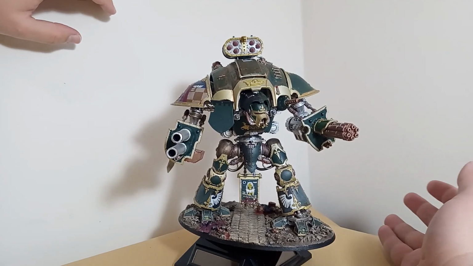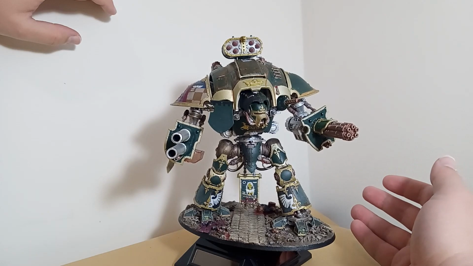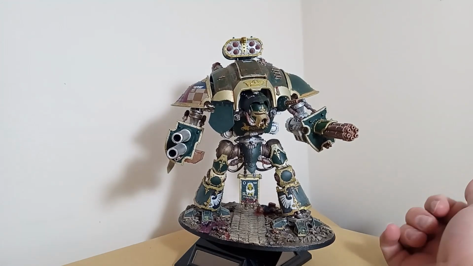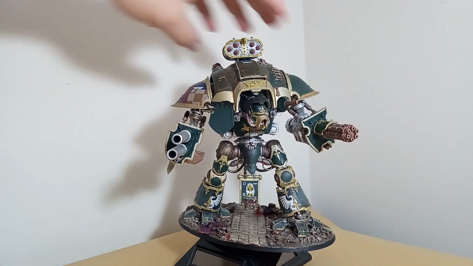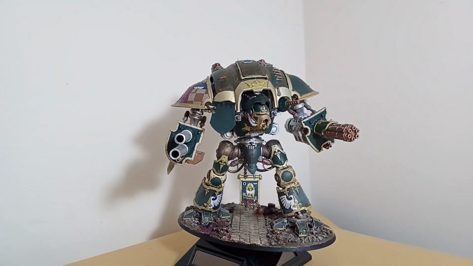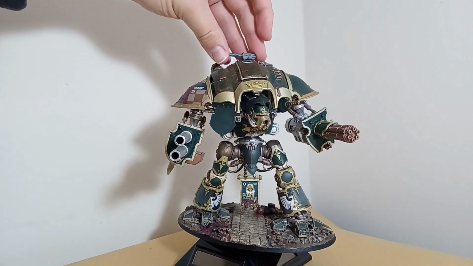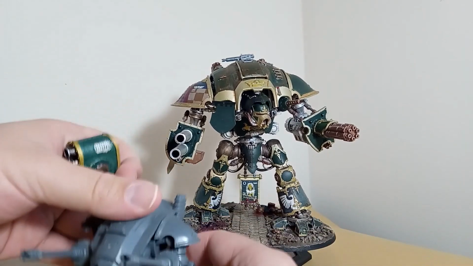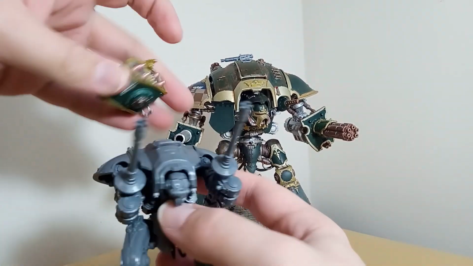At least you can now, from the era of Knight Renegade and the Knight kit being expanded to be the Crusader kit, you got the option for top carapace weapons. Funny enough, that pin is just bigger than the pin slot on the Armiger, so you could give it a top heavy stubber, and